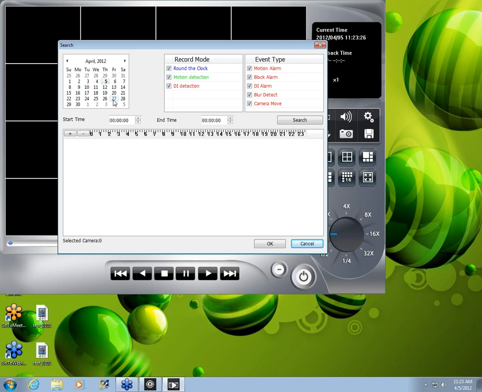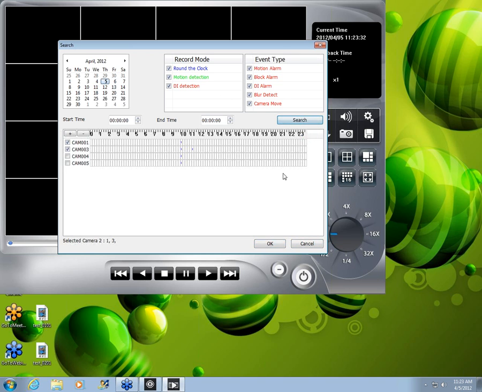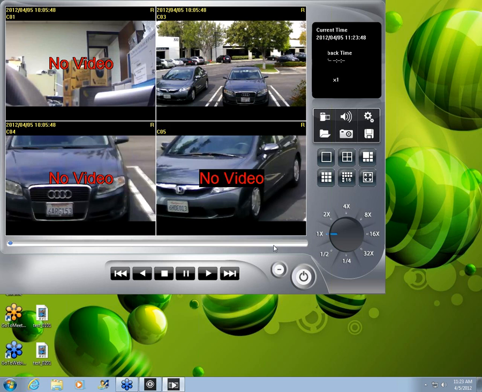At any time when there's recorded data, we'll have a bold box over the calendar. So you pick your calendar date, and you hit search. And wherever the cameras have the blue bars over them, that will have your recorded data. So we barely started recording, so we do have some camera streams right there. So we just select the time right there, hit OK,